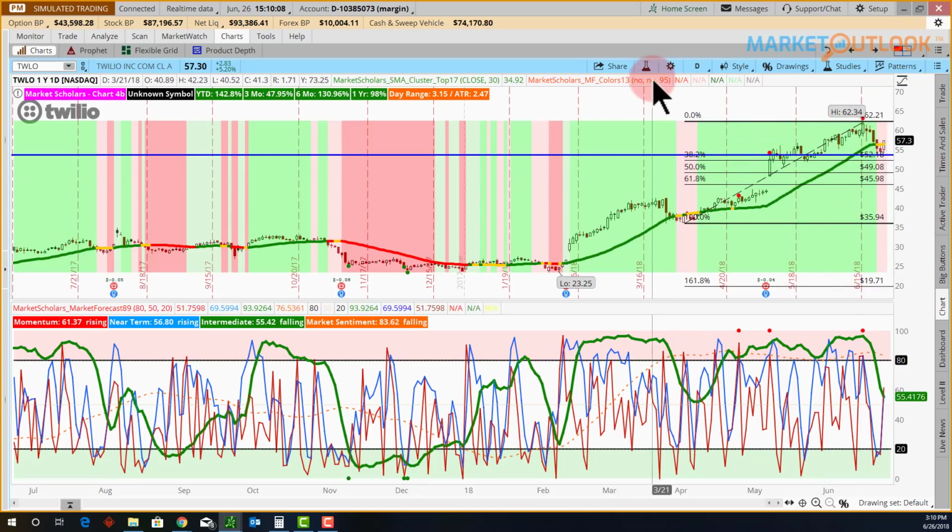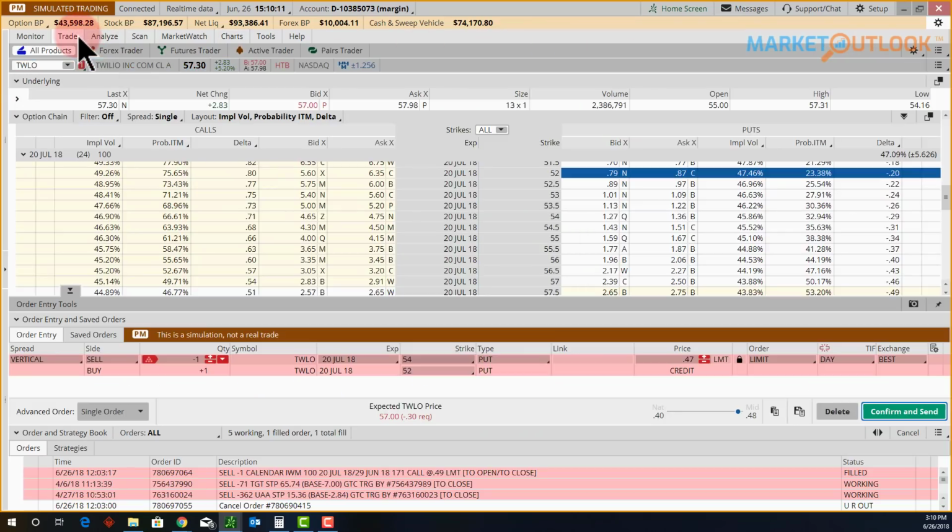And so we can say, okay, well, I like to sell puts when you're not so strongly bullish, versus say buying calls. We've been doing some more trend trade, long stock trades here in previous classes. This one I'm not. We've already been so bullish for so long, and we still kind of need the market to make its bounce up higher into this July expiration peak that we expect from a seasonality standpoint. So we'll say, okay, well, this is a trade until that July expiration. See if we can take advantage of some bullish seasonality from the broad market as a whole to help this out. We'll sell at that 30 delta.